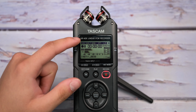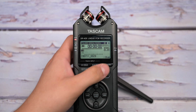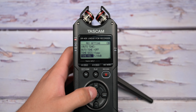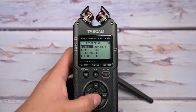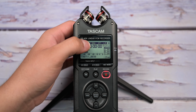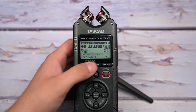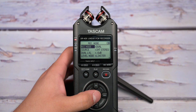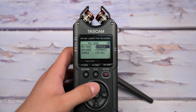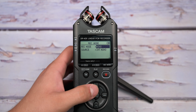I have it set to a wave 24 at 48 kilohertz, but I want to change that. Let's say, for example, if I go over here, I want to do a dual recording. I want to make sure that everything is set. I'm gonna go back up, and then I want to go to sample, bring that to 96 kilohertz, and then if we hit that, now it switches to 96. So now if I do record, if I do a recording mode, I just want to show you guys the recording mode. I could do a dual, or I could do a 4-channel, or I could do an overdub like I showed you guys, as well as I just want to do a stereo or a mono,